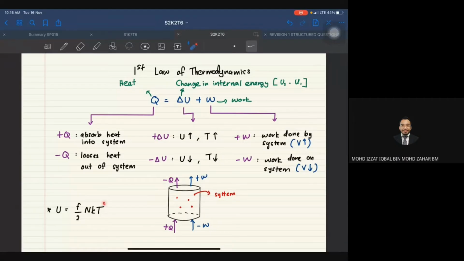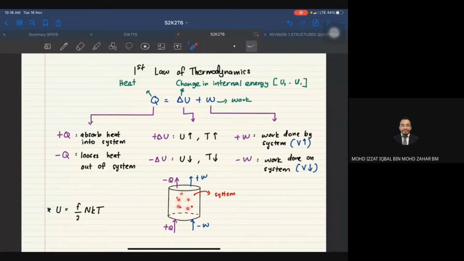Tapi this one is delta U. So maksudnya yang ini minus yang lagi satu lah. T2 minus T1. Okay, for the work. Okay, W here represent the work done by the system. So it means that kalau positive W,